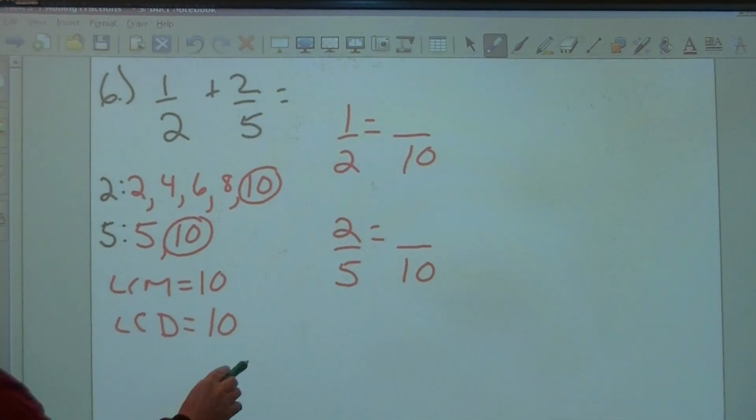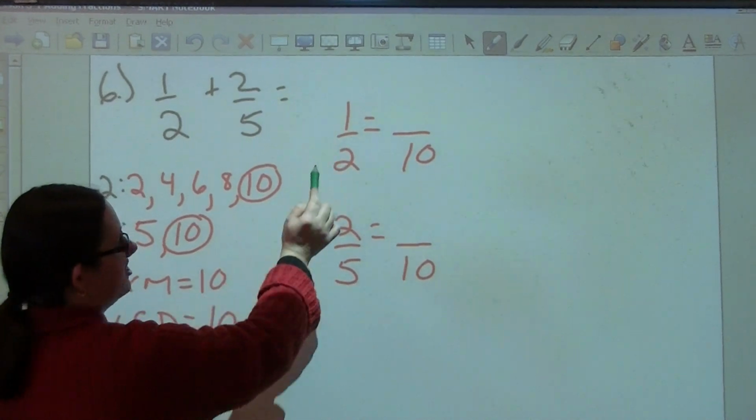Okay, so take a minute to make your equivalent fractions here. We need to change halves to